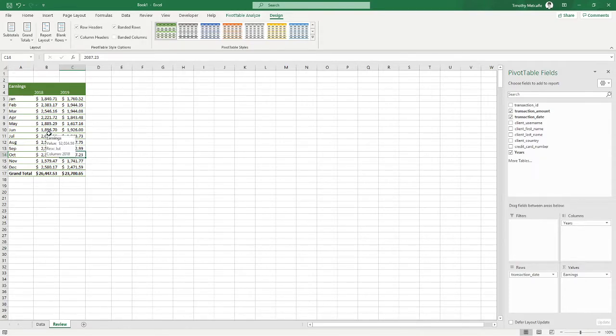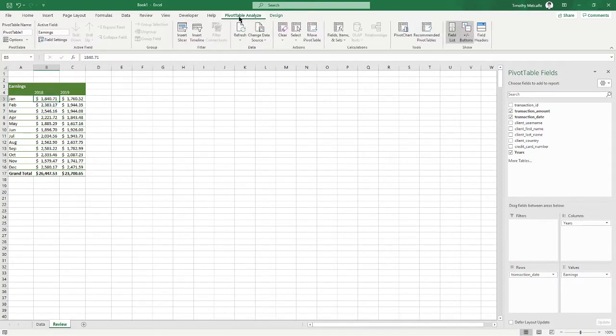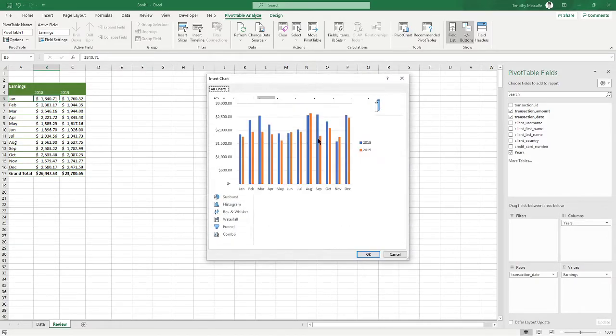But let's say that looking at this report was an eyesore for somebody. Let's say that they just couldn't figure it out because they had to look across each month and they had to see it for themselves. Well, we can go one step further. We can go to Pivot Table Analyze, and we can use a pivot chart. Now, as the name might announce, it's a chart based on pivot data. So we click Pivot Chart,